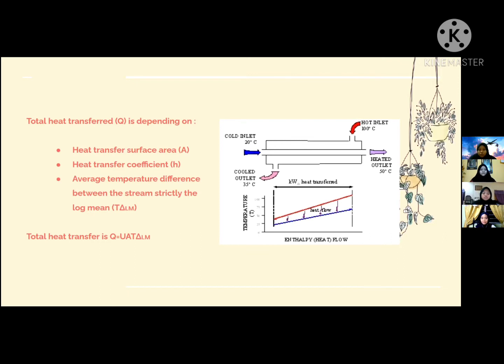So the total heat transfer Q depends on the heat transfer surface area A, heat transfer coefficient H, and the average temperature difference between the streams, strictly the log mean temperature difference, delta T LM. So the total heat transfer Q equals U A delta T LM,